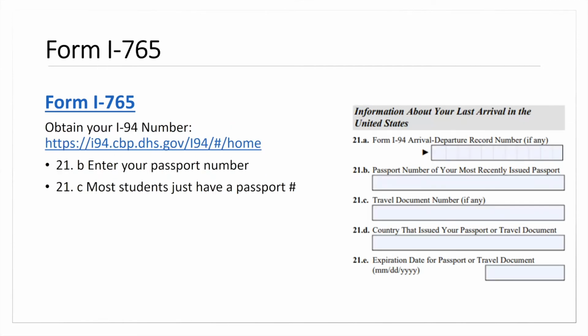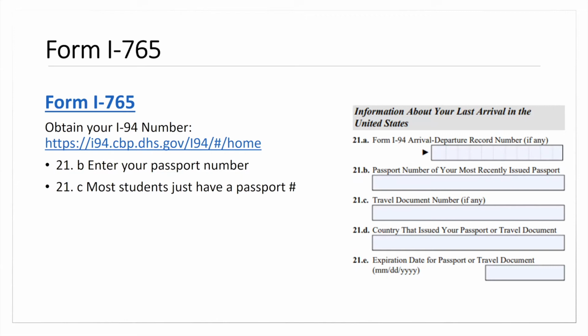Now, when we're talking about the I-94, students download what's called an I-94 record when they arrive into the country. It's a port of entry record that the government tracks when you enter the US. That I-94 number is often used in government and state applications, but it's also used to verify your coming and going out of the US.